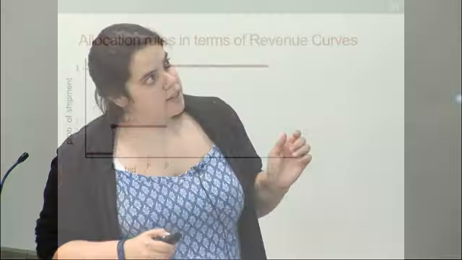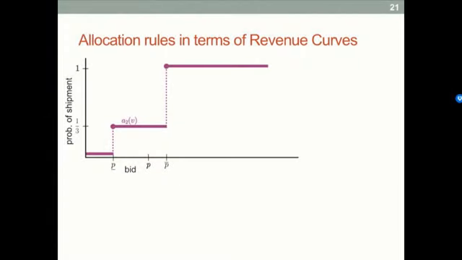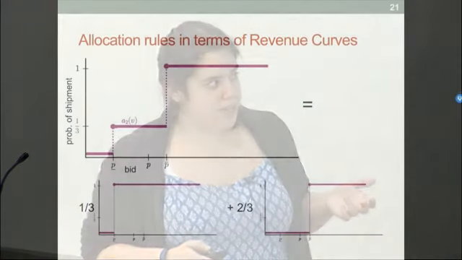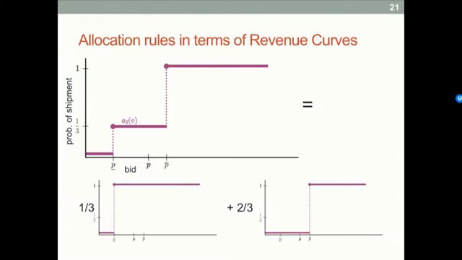Cool. Okay. So one other thing I want to point out is that another way to talk about allocation rules: every monotone weakly increasing allocation rule, which are the type that we are constrained to, can be decomposed into a convex combination of prices. It may not be a finite convex combination, but still can be decomposed into a convex combination of prices. And likewise, every convex combination of prices will make a monotone weakly increasing allocation rule.